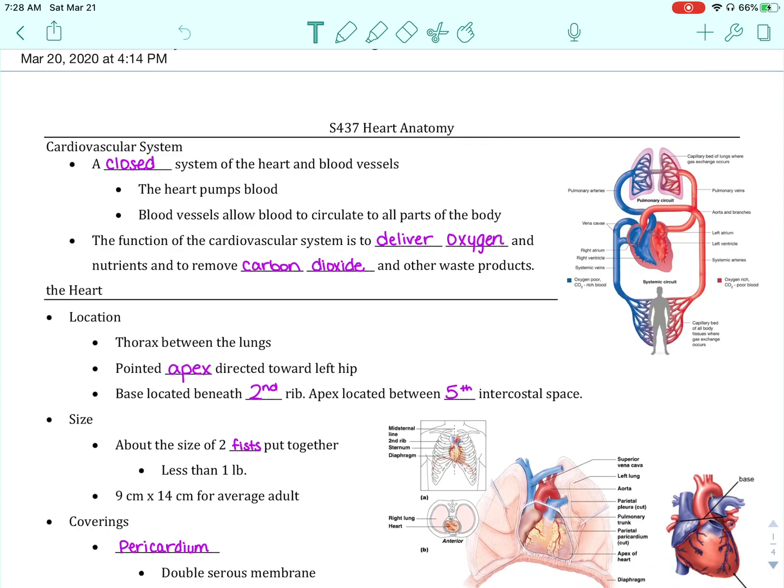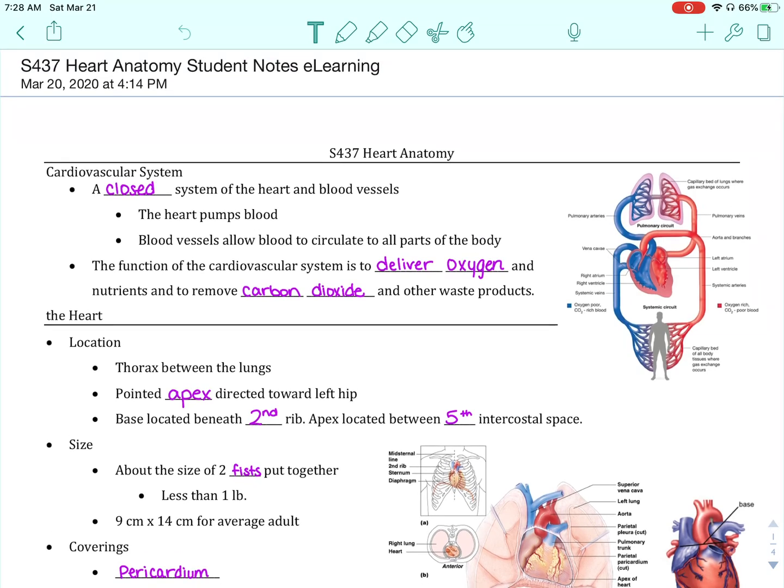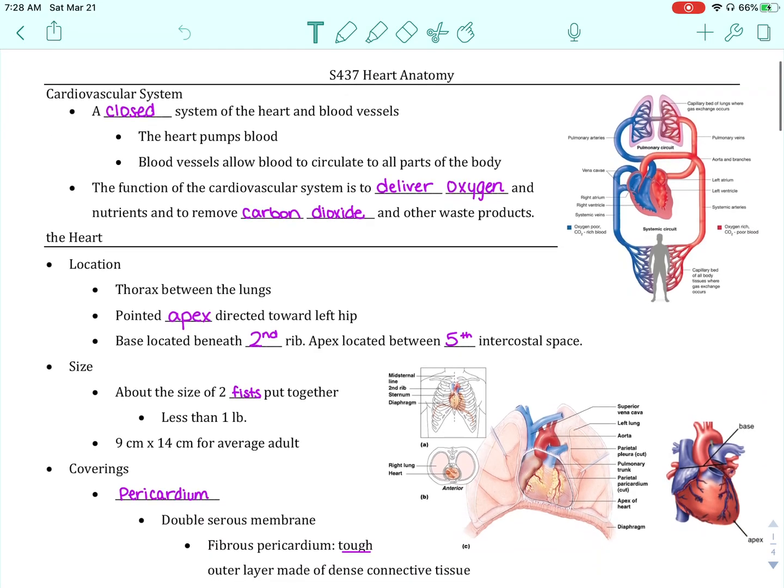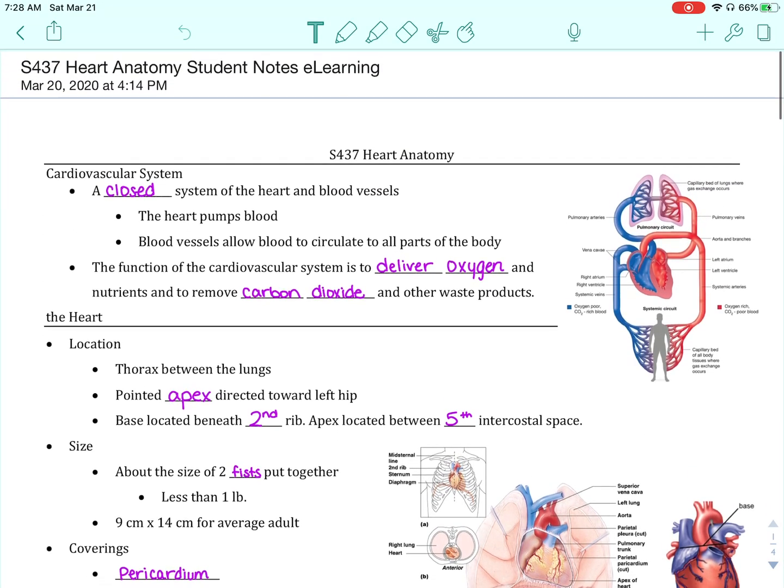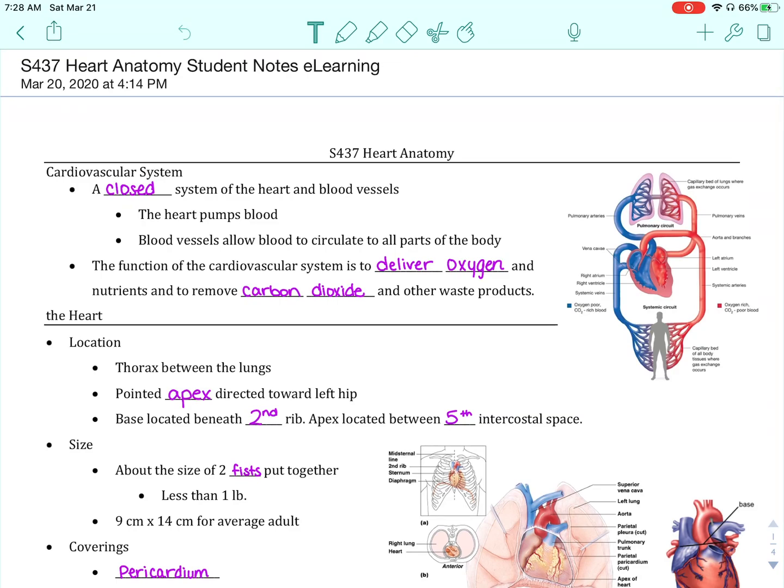So today I'm going to talk about the anatomy of the heart since we are in the cardiovascular unit. I wanted to make sure you understood the parts of the heart and how blood flows through the heart. The cardiovascular system is a closed system consisting of the heart and the blood vessels,